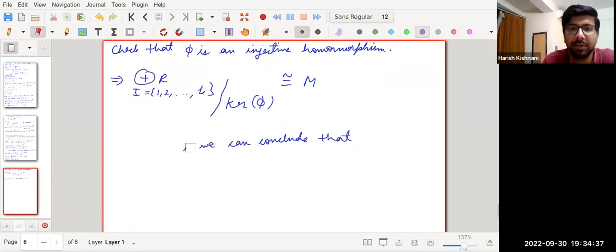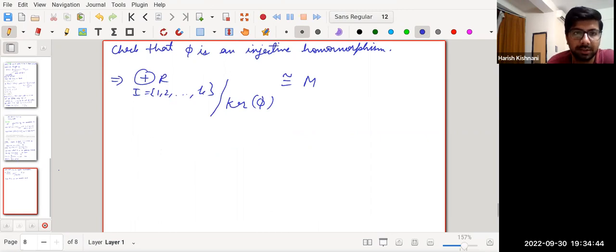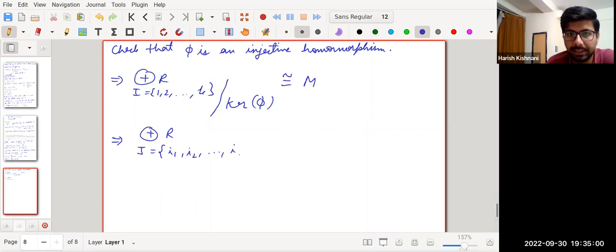The quotient of a free module is again a free module. That's something you need to check. So this implies that the direct sum of R, with some indexing set, say i1, i2, so on to ir inside I, and that sum is isomorphic to M, and